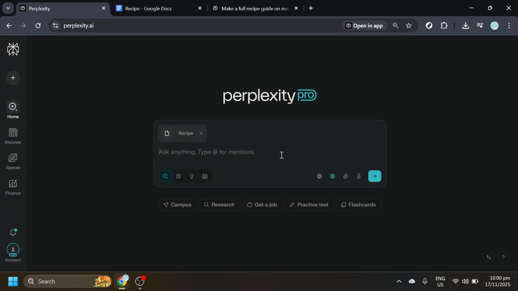With the document open, the next task is to create a prompt. In this context, we will make a full recipe guide based on the document we selected. For instance, you could write a prompt like, "Make a full recipe guide on number 13." Once your prompt is ready, you will then click the Submit button. This action confirms the prompt, and you will soon see Perplexity generating a complete recipe guide for the document you